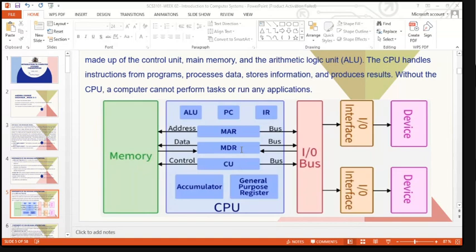Then you have the MDR, the memory data register: how are you able to temporarily hold your data? Then we have the accumulator, which provides arithmetic and logic operations, and also the general purpose registers. So ideally, the concept you need to understand about the CPU system is